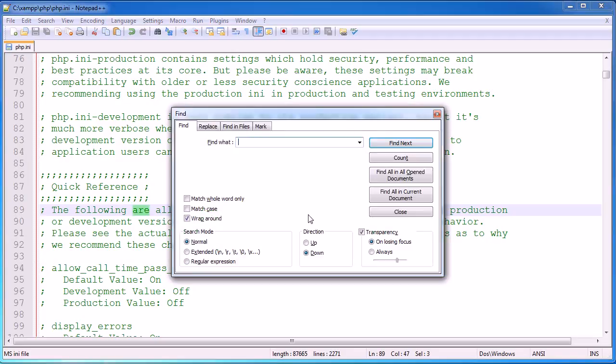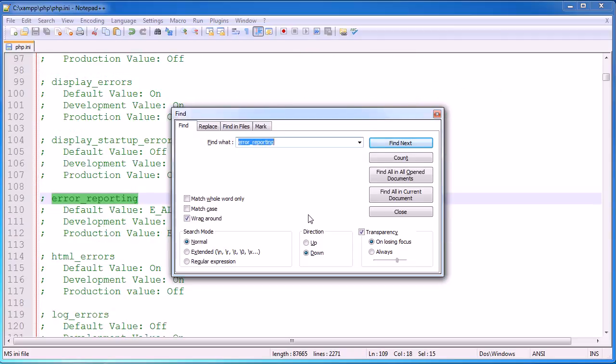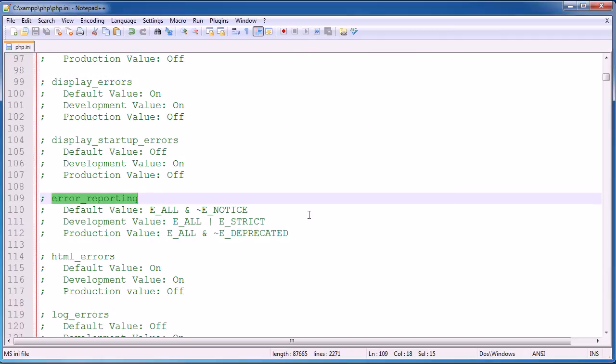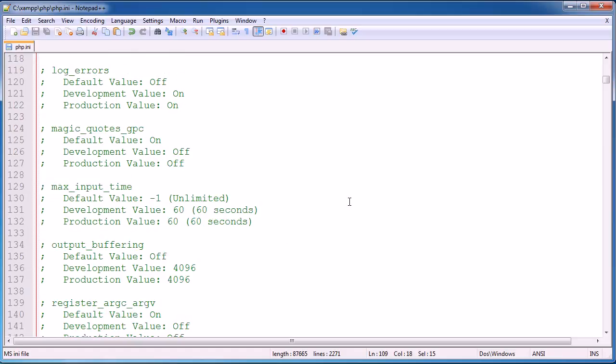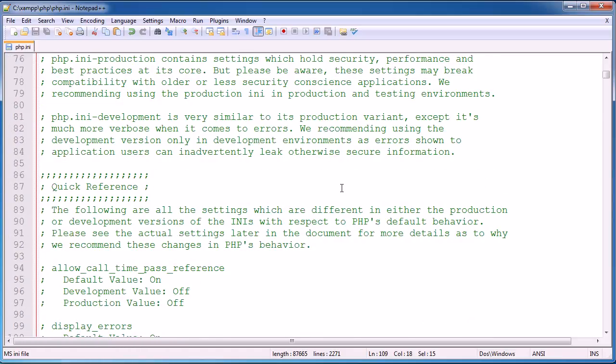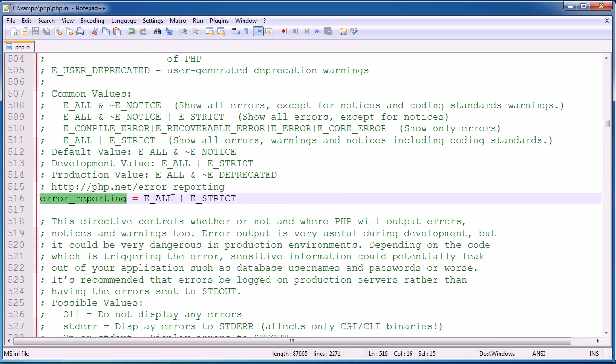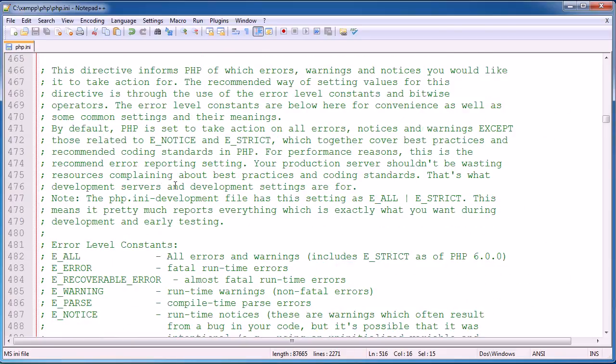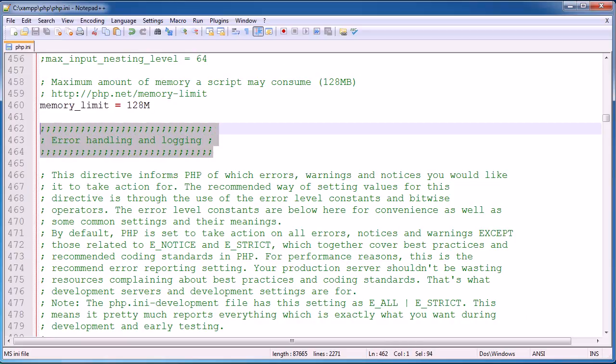So I'm going to hit Control F, to search, whichever text editor you're using, and search for error_reporting. You can see we're down to some kind of weird section here. That's not quite right. Let's hit F3, and you can now see we are looking at the error_reporting property, which, as I've said, can be set from PHP, but we're looking at it more directly in here. If we scroll up a bit to where we have this error handling and logging header,